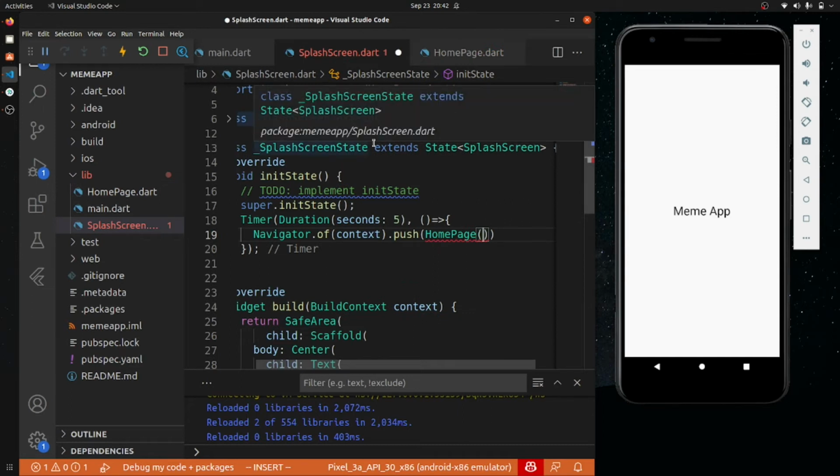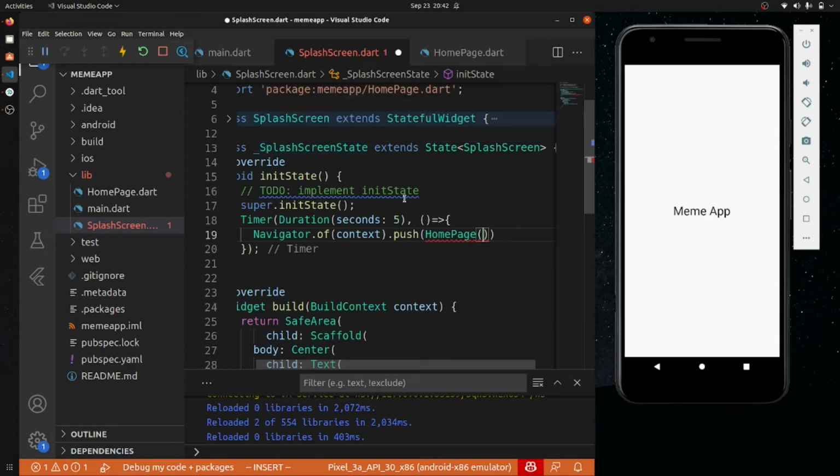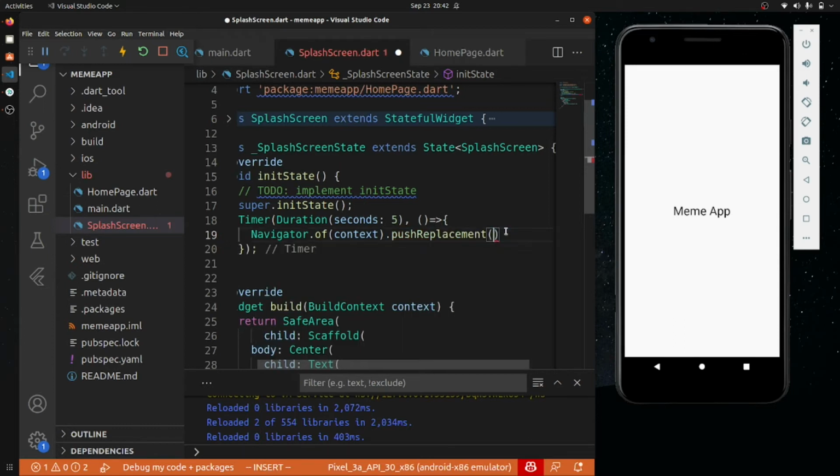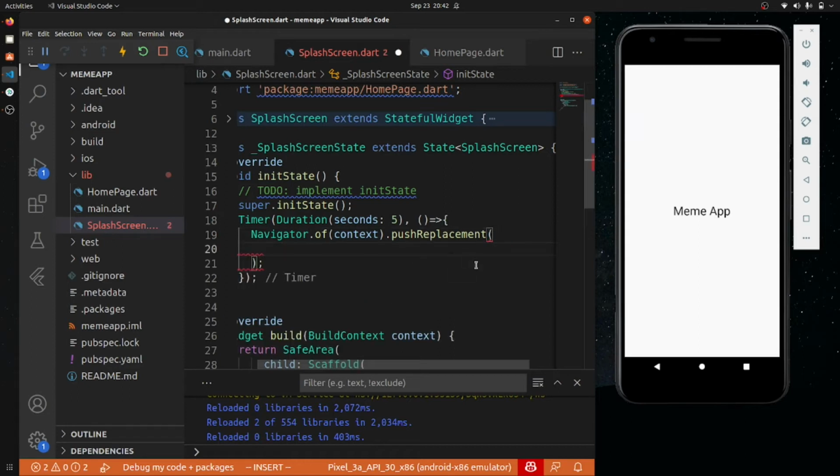Let's figure it out. The issue was that I have to use material page route, and if I want to remove this splash screen, I have to use the replacement. The replacement takes context, and it will take a material page route.